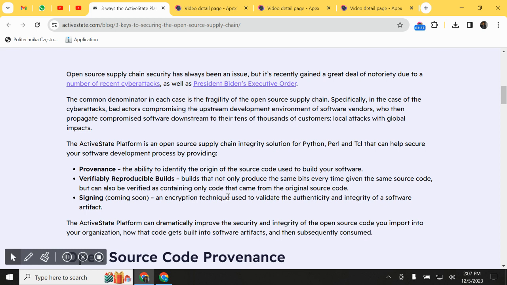The ActiveState platform can dramatically improve the security and integrity of the open source code you import into your organization,